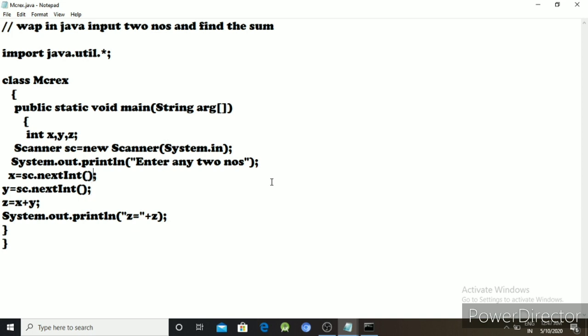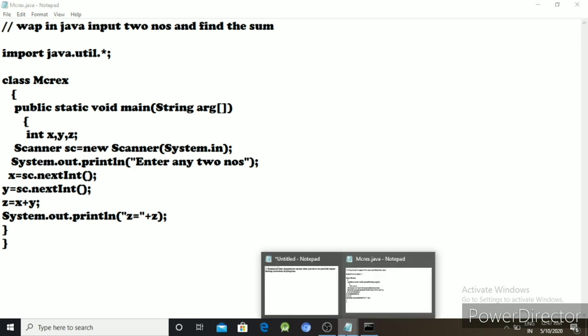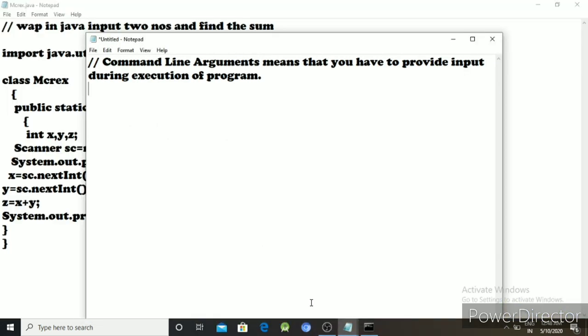Then the second method we are using. The first method is the scanner class, used to input and find the sum. Then the second method is a command line argument, which means that you have to provide input during the execution of a program.